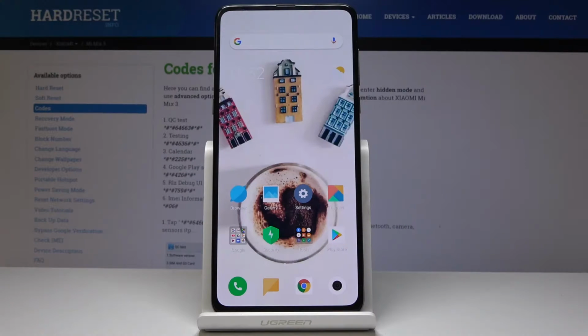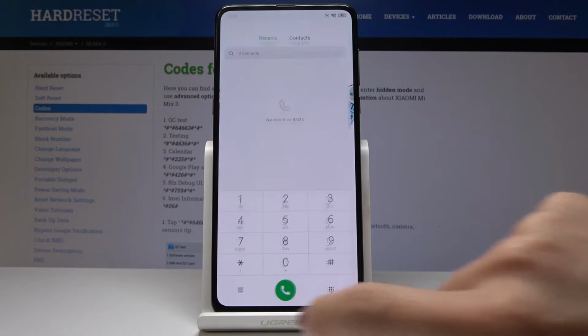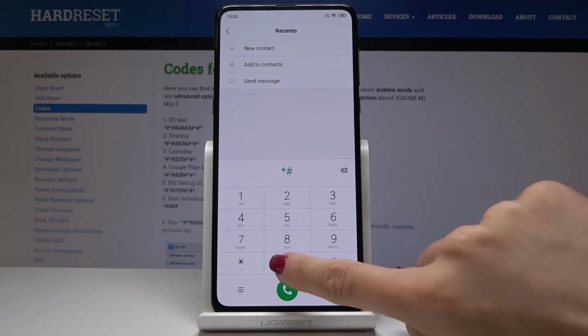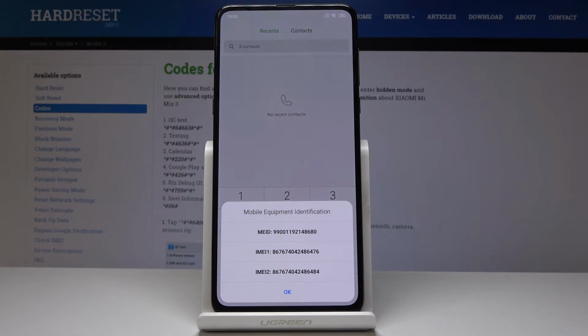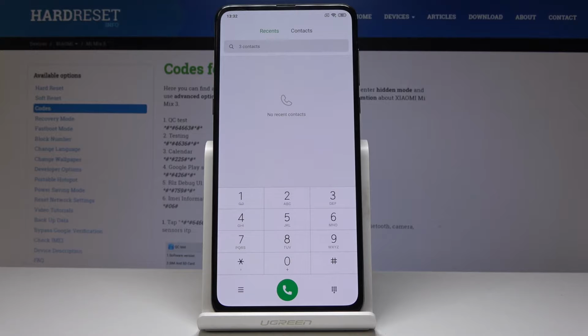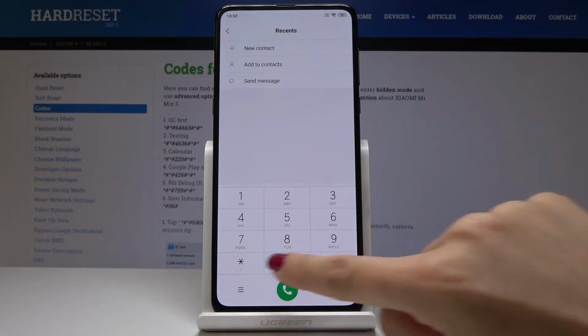Here I've got XIAOMI Mi Mix 3, and let me show you all the secret codes for this device. We will start with the very short one. It's just 5 digits long, so it's *#06#. And this one will show you the IMEI numbers for your device, so you can quickly get access to such information. Then let's go to the second code, which will allow us to open Google Play services, so it's *#*#